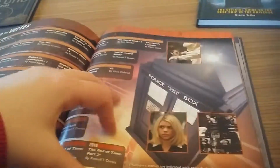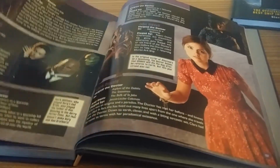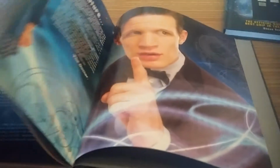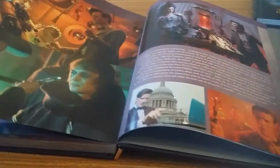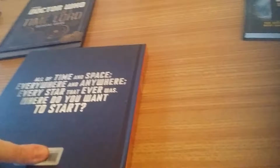So I wonder if this actually does contain the 11th Doctor's silver TARDIS. Not sure, but I don't think it looks like it, does it? No. Which is a bit of a shame, really. There's the orange one. Junkyard TARDIS console. Love that episode. No, doesn't. So that's that. It's quite a good